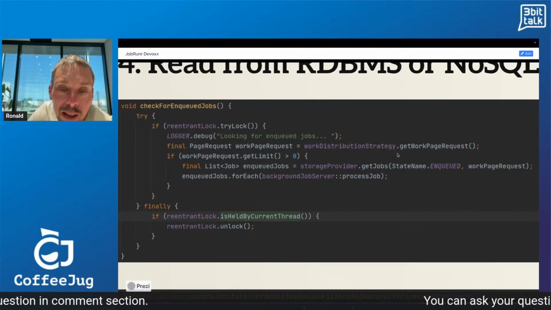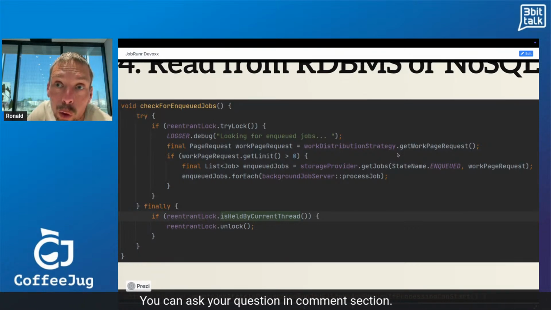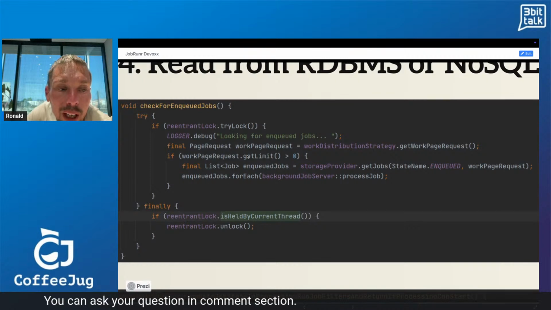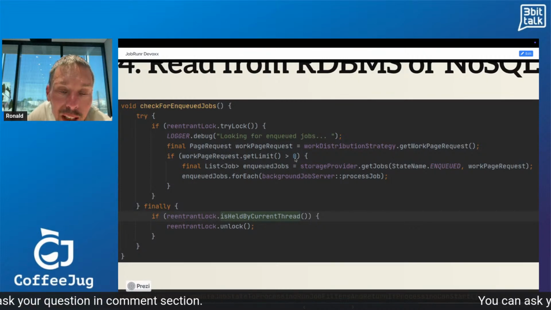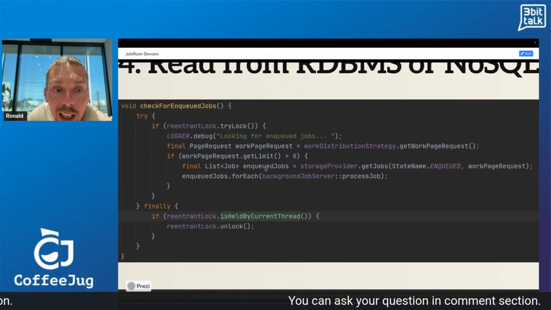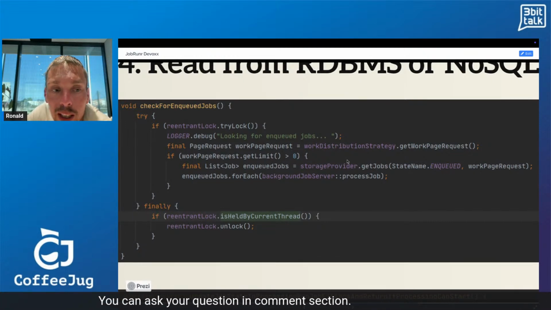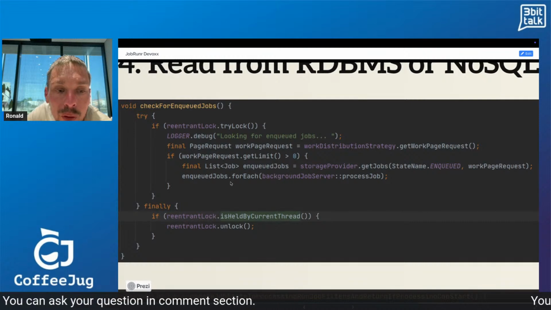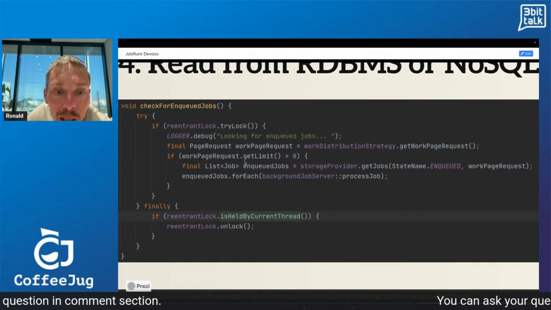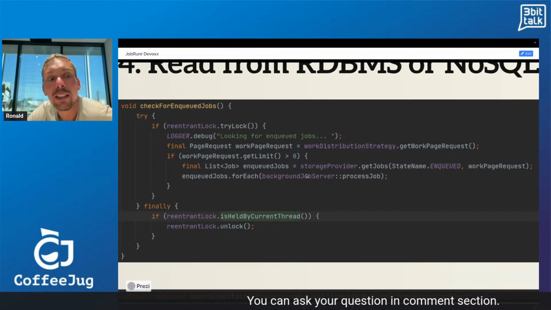We determine the best amount, and we also check how many threads are already doing work, and then we have a result. And if there is anything that we can do, if the result is more than zero, then we get all the enqueued jobs using the work page request. And for all these jobs, we enqueue them and we say, hey, background job server, start processing them.